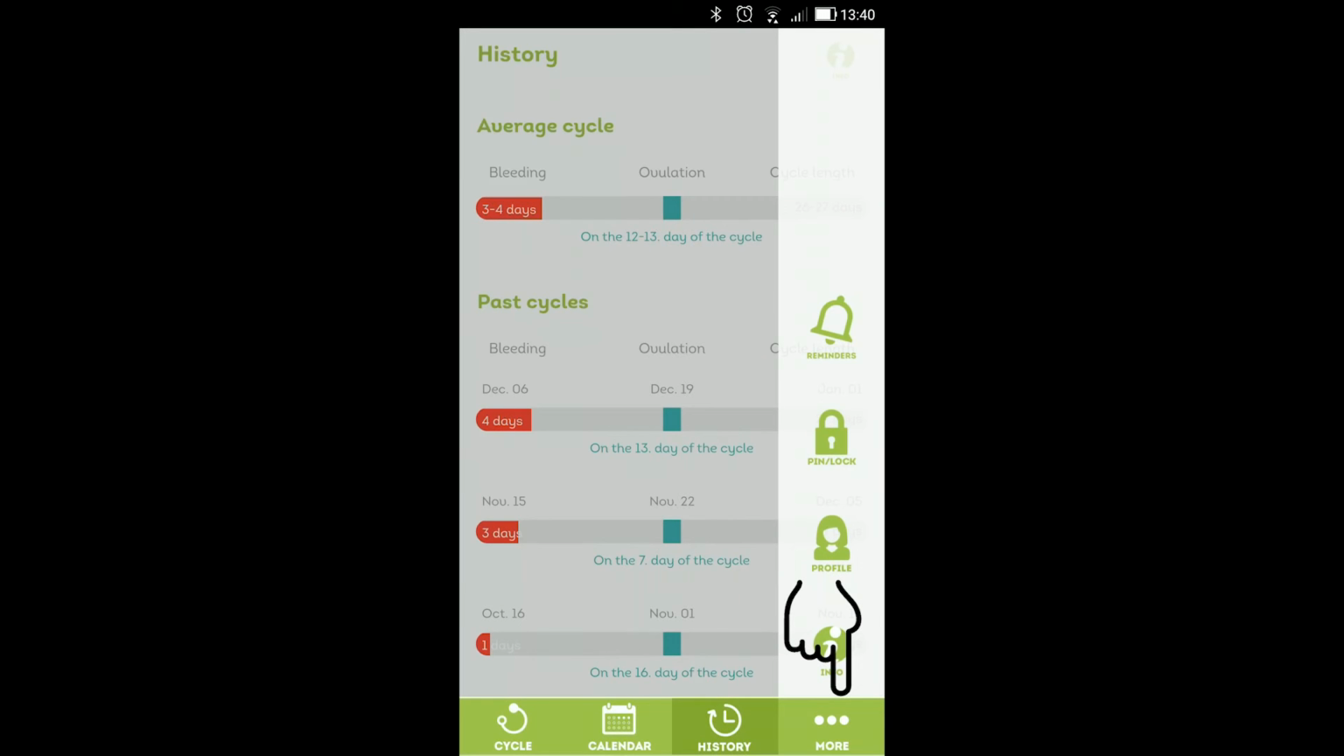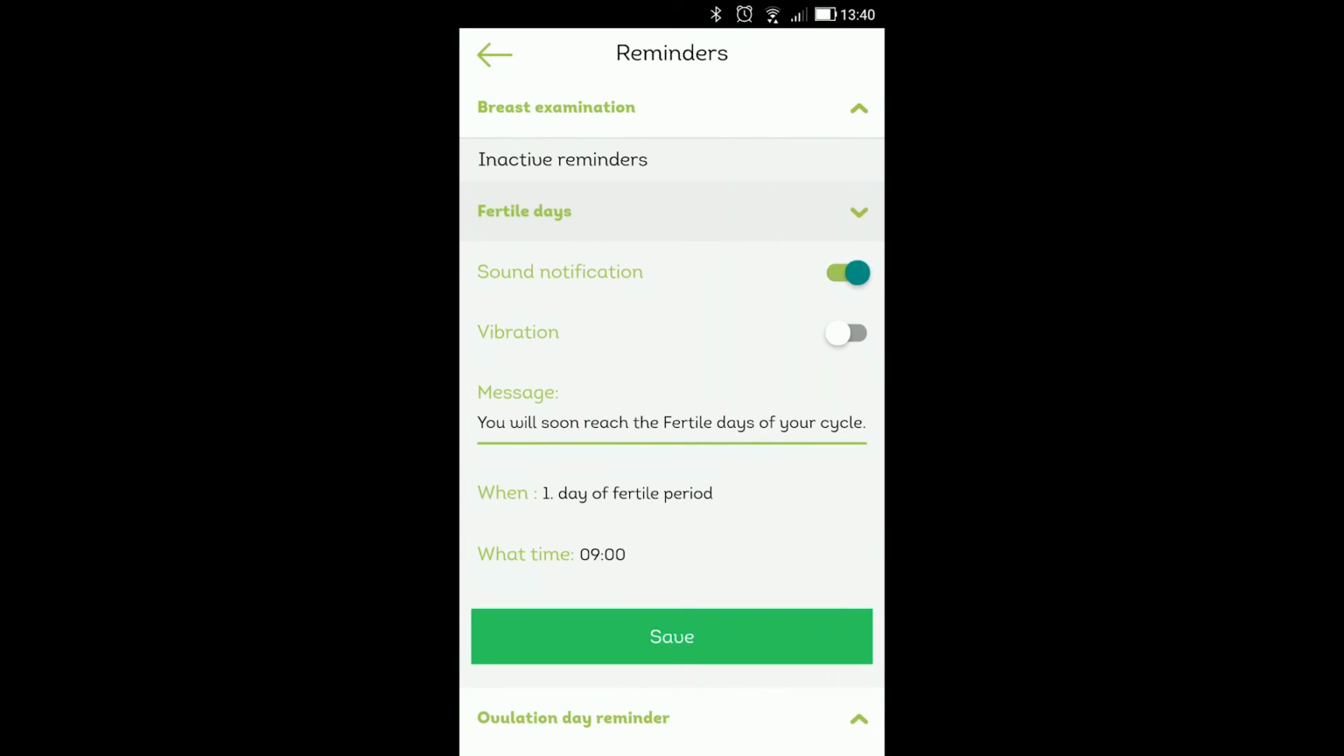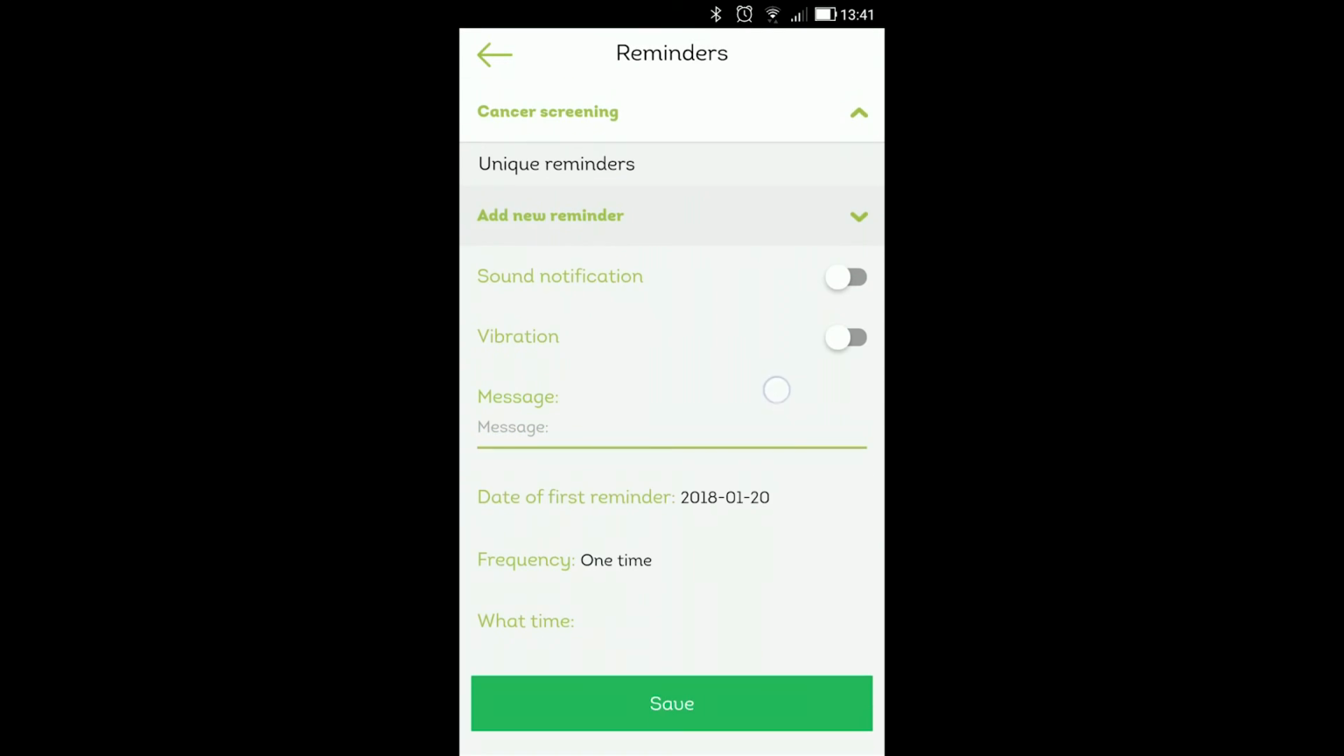In the More menu right below you can find all of the reminders. Those you already activated, and those you didn't encounter so far. Check them again. Set and activate those you want to receive reminders for. Now let's do it with Fertile Days reminder. I set it as an active reminder. You can find the Add New Reminder down below. Here you can add any reminder you may want, such as the next appointment with your doctor,